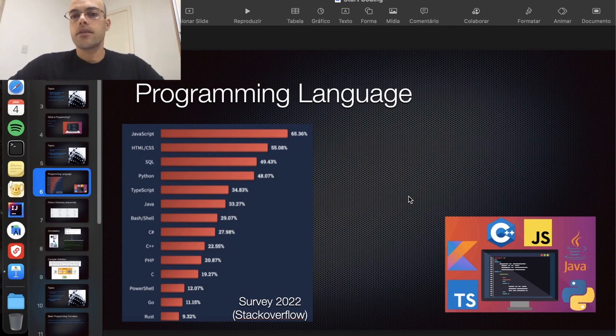So if you want to start to code and don't know where to begin, I suggest you start coding in Python. It is a very easy language to learn, and you won't have that many problems when you start debugging